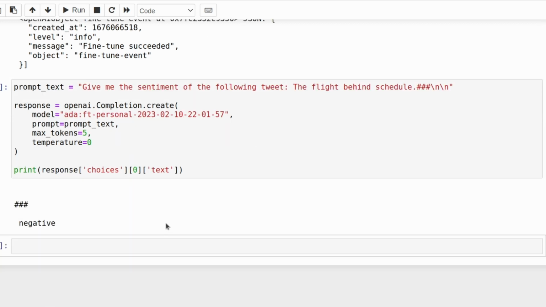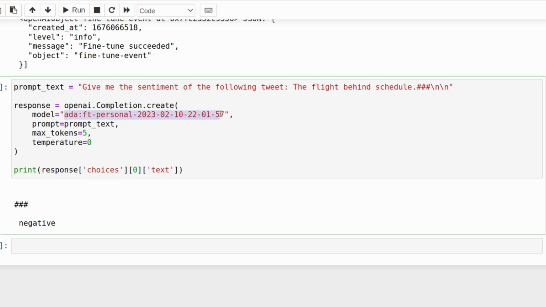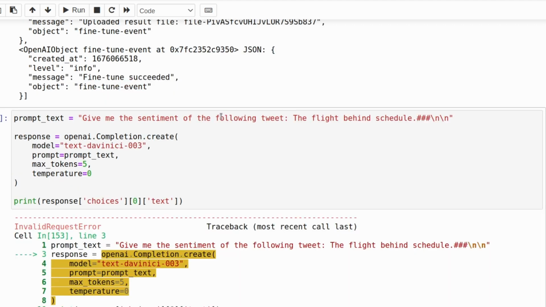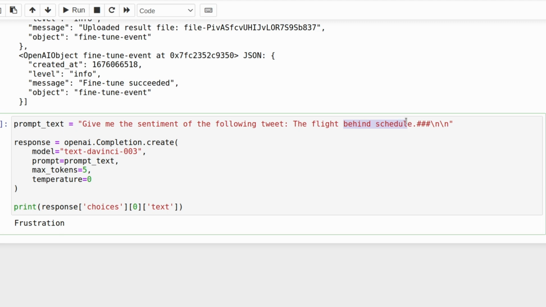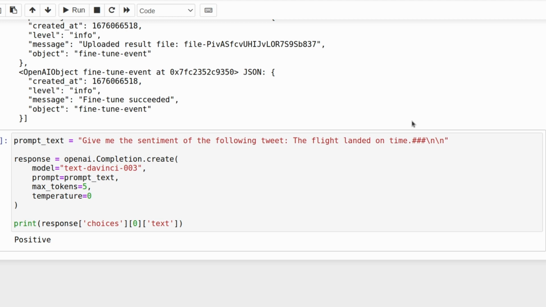Here's a challenge though. I mean, I guess it's still at a lesser cost, but what happens if we just change this to text DaVinci 003? Oops, what did I do here? Text. There we go. Frustration. Wow. Okay. So that's interesting. Let's see if it can classify the flight landed on time. Positive. Okay. Yeah. So you can see that the DaVinci model worked better than even our fine-tuned model,